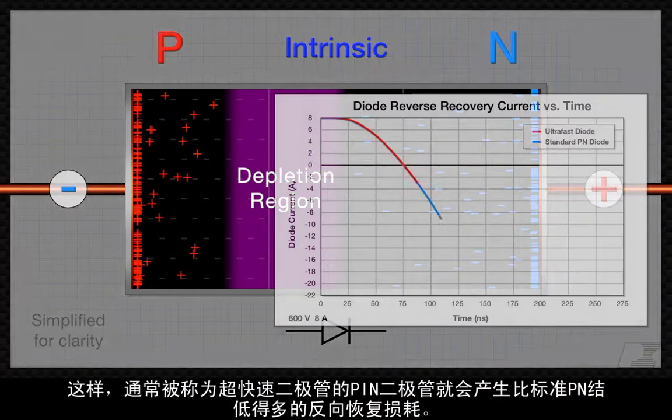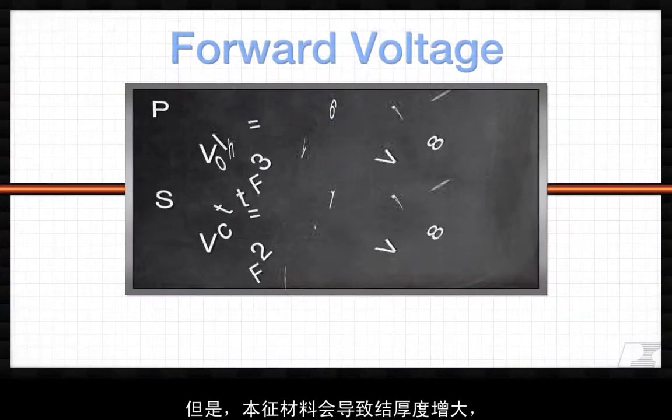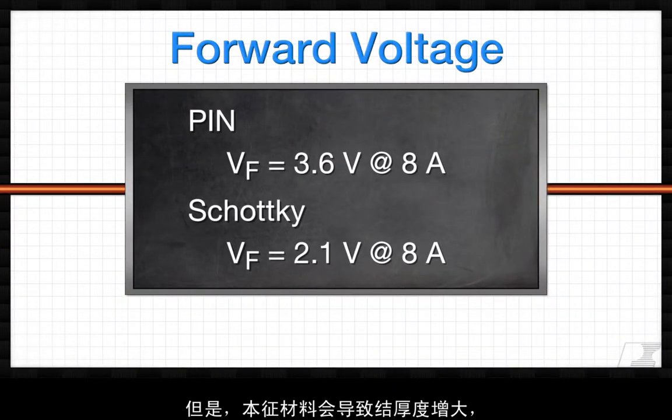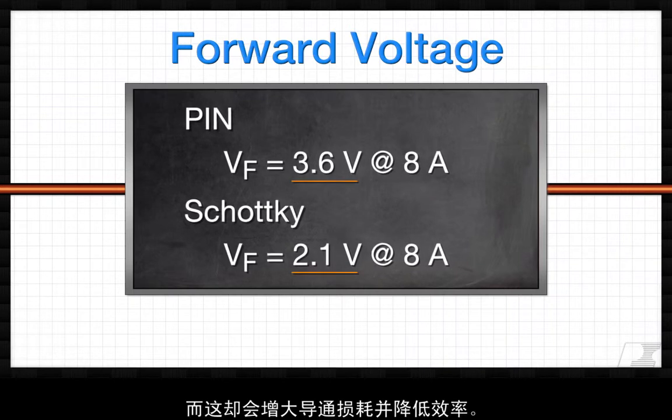This allows PIN diodes, commonly referred to as ultrafast diodes, to have much lower reverse recovery losses than a standard p-n junction. But the larger junction thickness brought by the intrinsic material requires a much higher forward voltage to drive the same amount of current, causing increased conduction losses and lower efficiency. QSpeed diodes solve this problem using